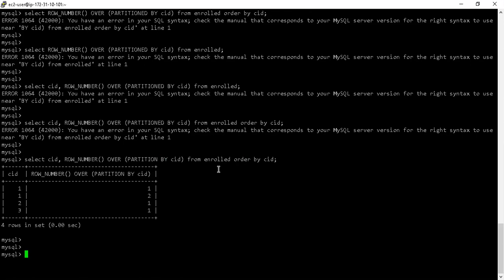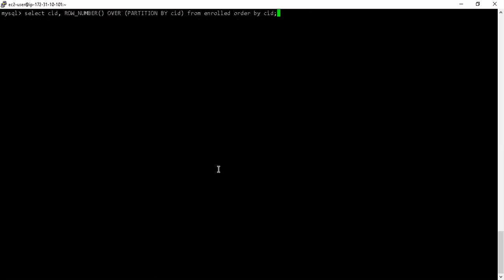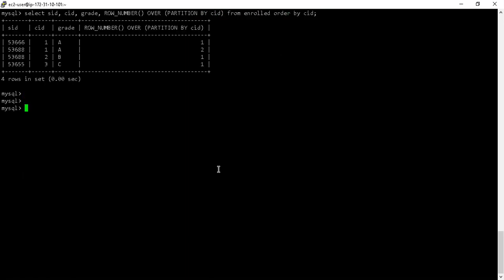So my point here is that the way I write the query, the order in which I write the query, has to be exactly as the documentation suggests, or otherwise I will not be able to do these things. Let's just go back to my original query, and then I'm going to write this. Right? So now let's try to look at the output and understand what is exactly happening in the output.